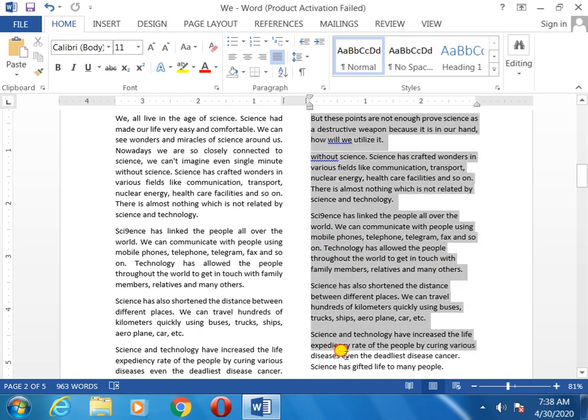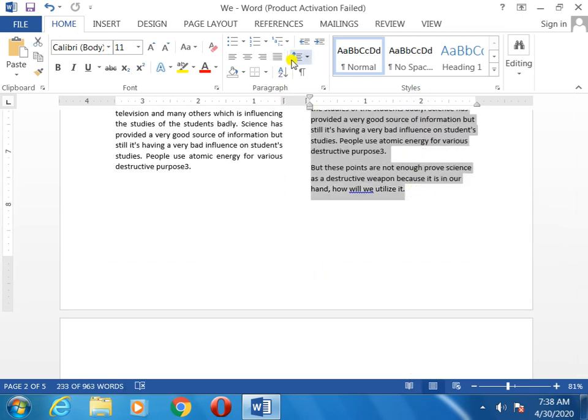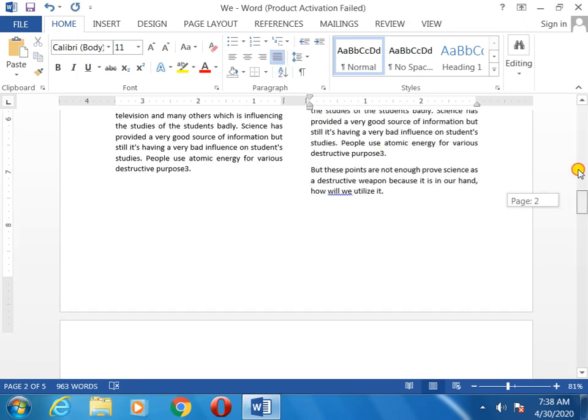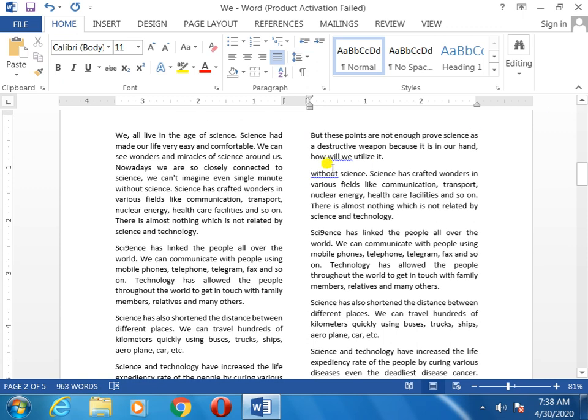Now justify have make, okay, right part also justify happen. Now you can see these two parts. Okay. If you want to give more gap, you can give that also.